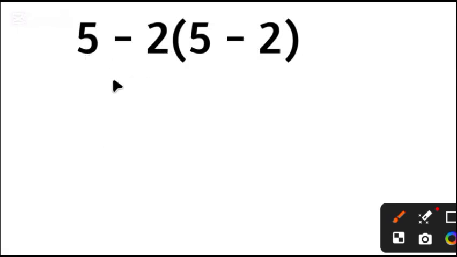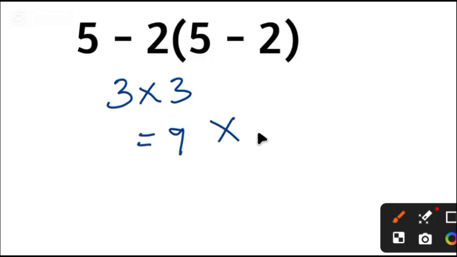5 minus 2 equals 3. Then 3 times 3 equals 9. This answer is not correct, because according to the order of operations called PEMDAS,